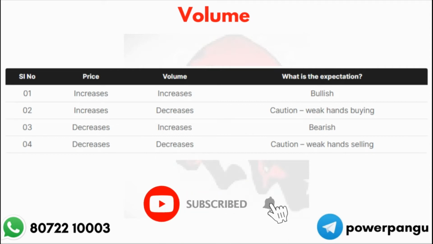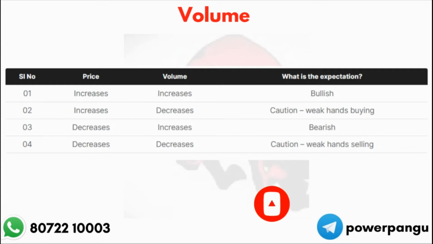They will slowly keep distributing all the stock that they accumulated previously. Finally, if you see the price decrease and the volume also decrease, it means retail investors like us are selling, because we can't sell huge quantity. We will be able to have only 1000 quantity or 500 or maximum 5000. They will transact in lakhs. So that is how it is.